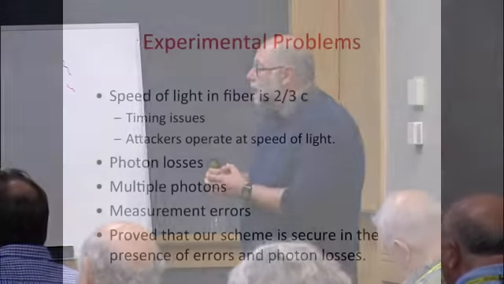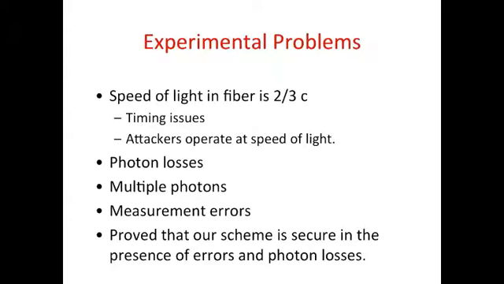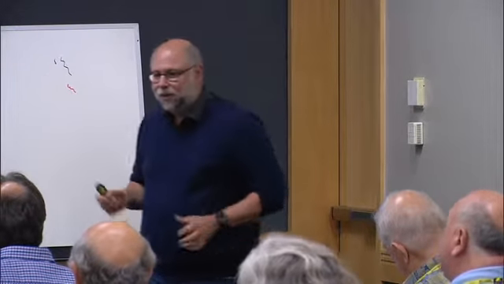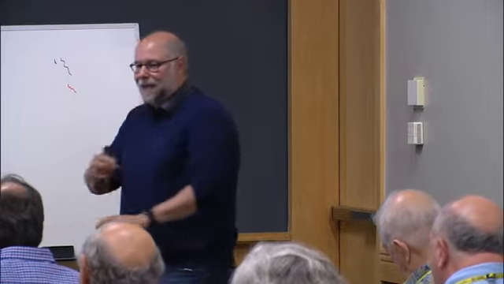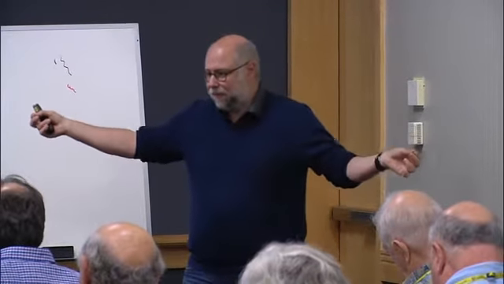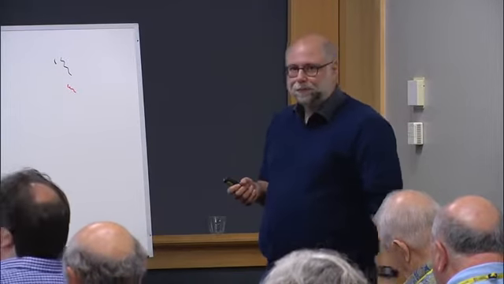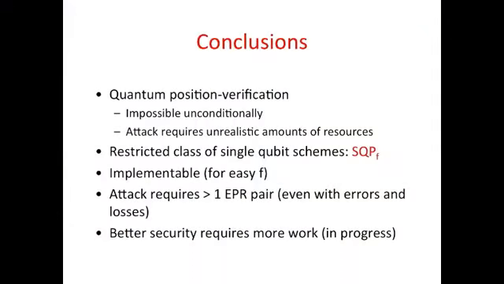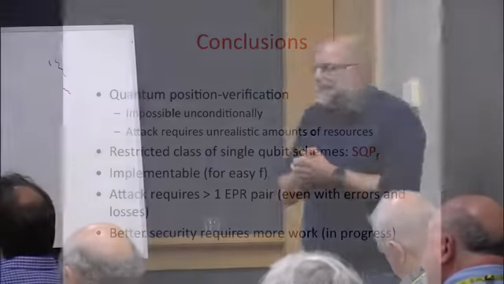and we were able to also show that for this particular scheme and the realistic values of errors that occur in the protocol and these photon losses, it still is secure. So this is something that hopefully will be implemented soon, and that then shows as proof of principle that when you don't have entanglement, you can have position verification. Actually, I'm not going to reach my second part, unfortunately.